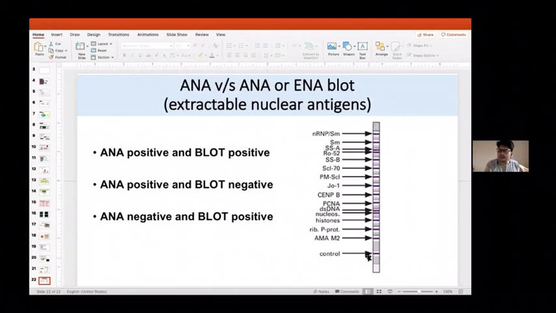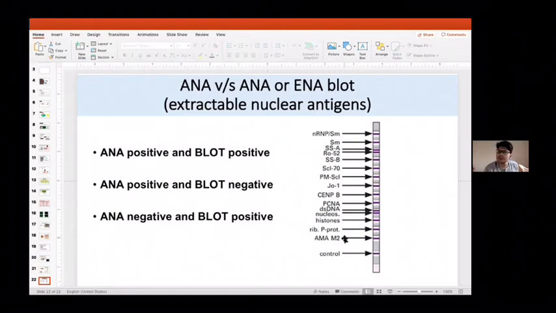1, 2, 3, 4, 5, around 16 antigens we are putting. So now antigens are there. On this, patient serum will come. Suppose this is the cellulose paper, if I put serum here, it will flow. And if antibody is there, it will give color. If antibody is not there, it won't give color. So it is a very simple thing to do, that multiple things can be tested together.